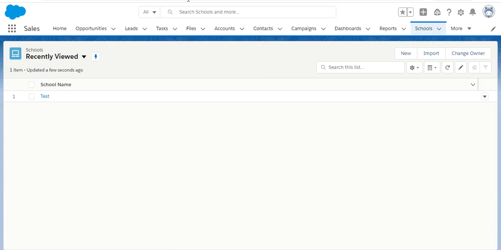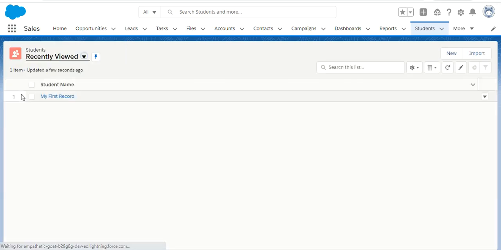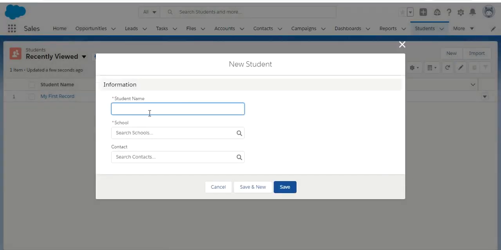Now first of all, just check it here. When I created a master detail relationship, it's showing with a red star, which means it's a required field. And when I created the lookup, it's not showing that it's a required field. It means we can create this child record without any lookup, without any parent. So this is the main difference between the master detail relationship and the lookup relationship.